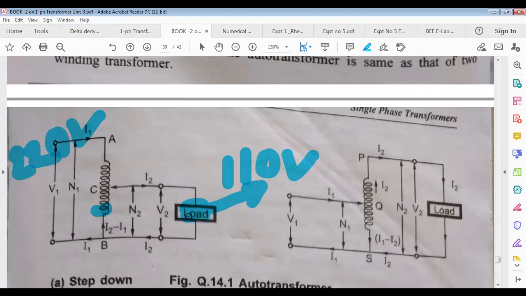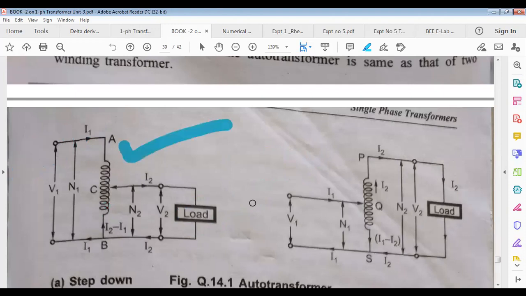So this is the symbol. This is the symbol of auto transformer, step down, and this is the step up. Variable AC voltage, that is its application. In your syllabus, symbol, advantages, disadvantages, and application of auto transformer are the points included. Okay, so